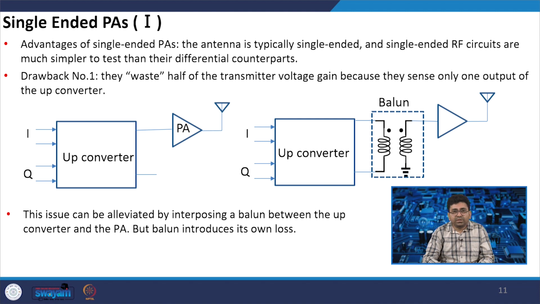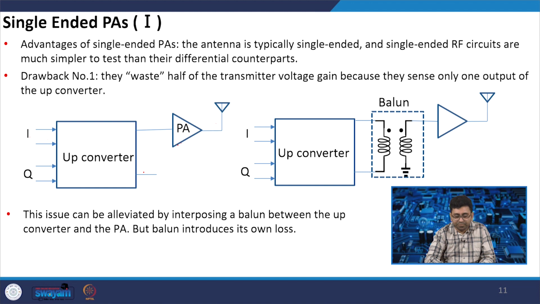Now, we also see there are two kinds of power amplifier. We can get the power amplifier with a single ended and a differential output. So, if we have designed a complete transmitter with I and Q, in-phase and quadrature components, and we have discussed while discussing the transceiver architecture that in-phase and quadrature will come from the modulated signal, then we do the up conversion, and if we use a single ended power amplifier, which is required for the antenna, what will happen is that it wastes half of the transmitted voltage which is coming from the other part of the